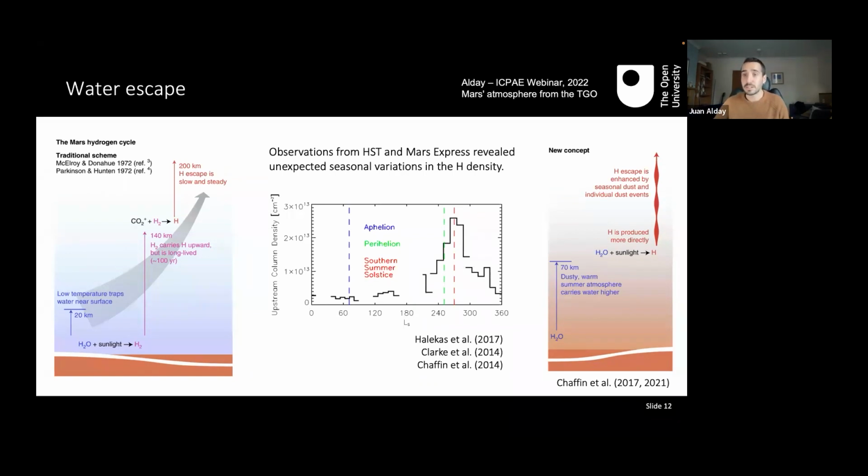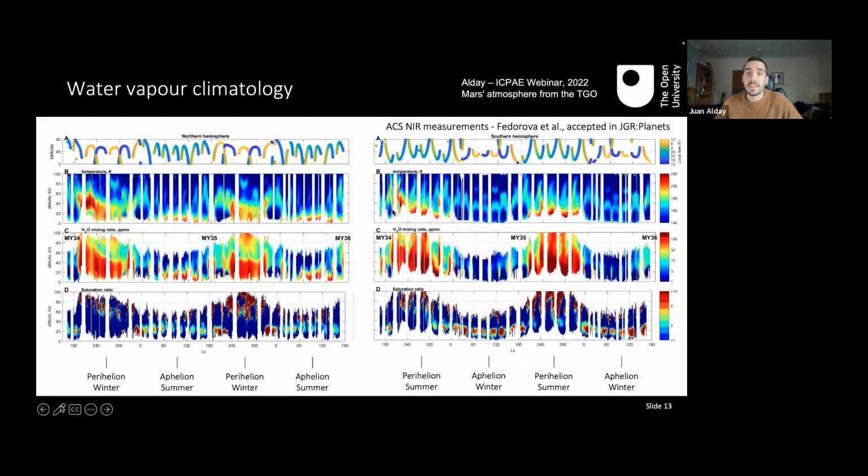But now with the Trace Gas Orbiter, we actually have information and we can measure the vertical structure of water vapor in the atmosphere of Mars. So what is it that we see, and can we say something about this? Well, in order to explain the climatology, I took this plot from the paper by Anna Fedorova et al. that has just been accepted in the JGR special issue,